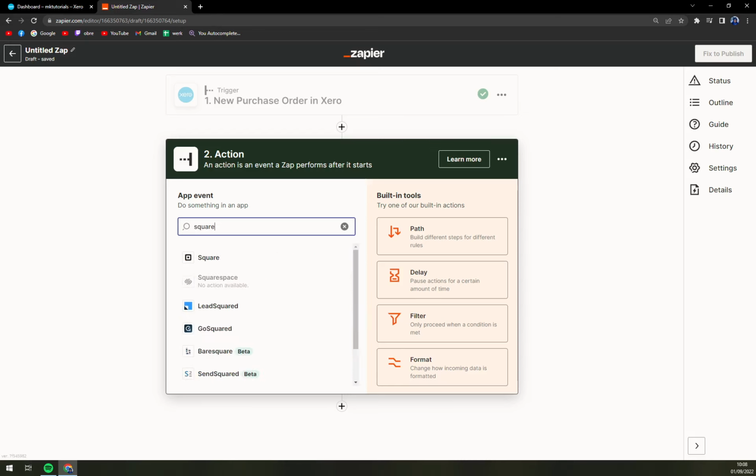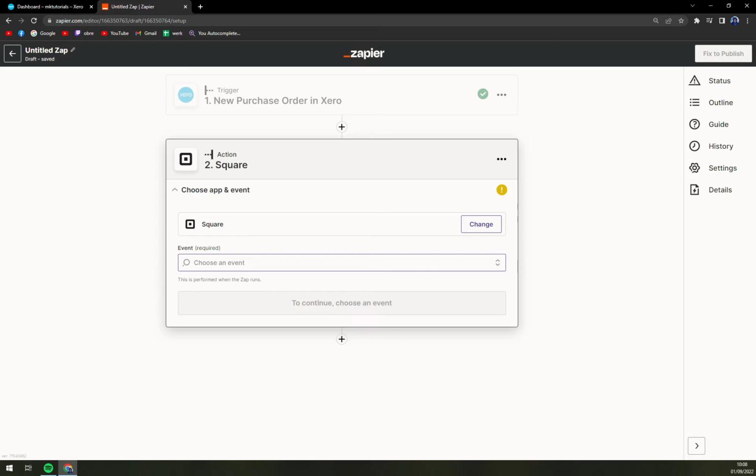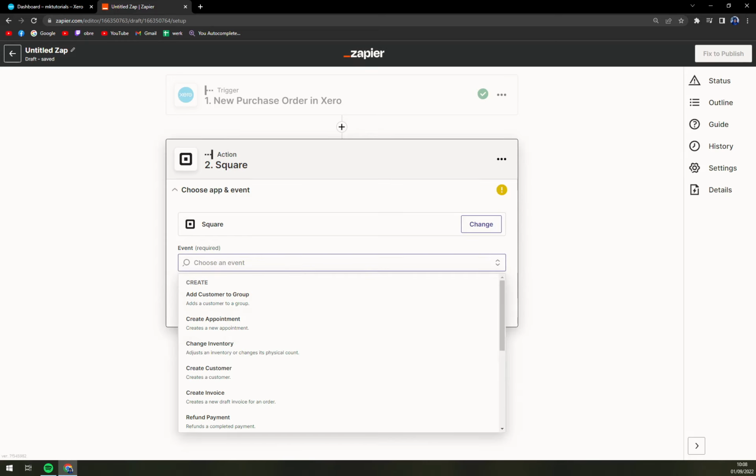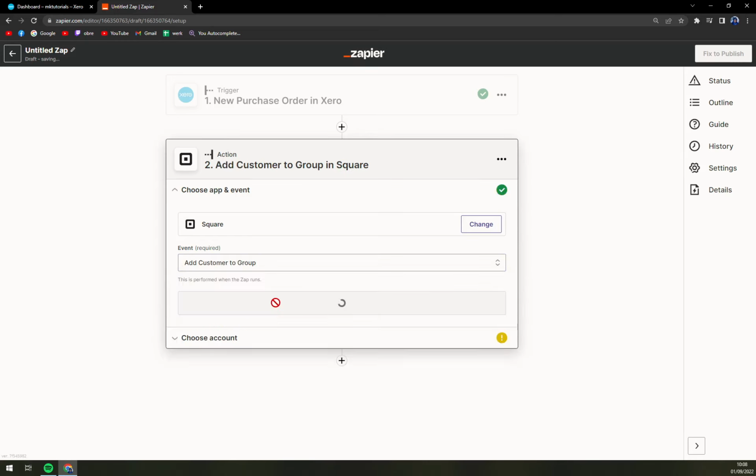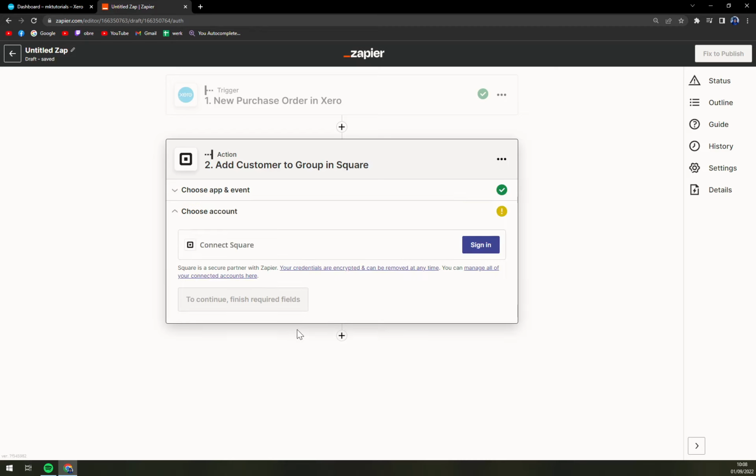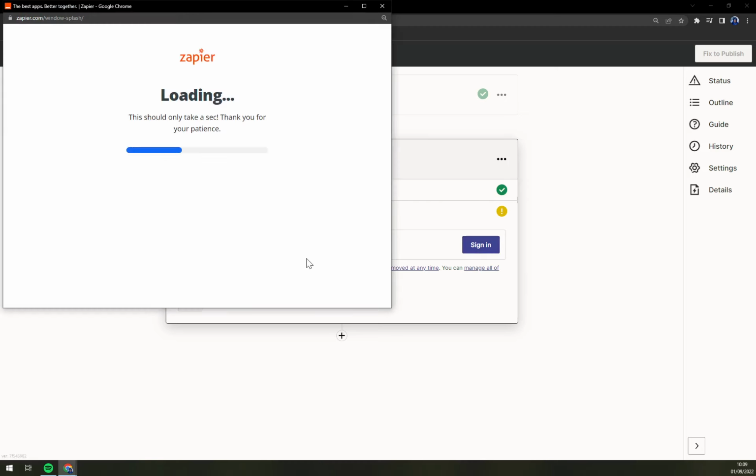So right now we are going to hit the Square option. Event, let's go with add customer to the group, for example, continue, and then you'll get asked to sign in to Square. At the moment I don't have a Square account, but you'll basically just hit the sign in option,